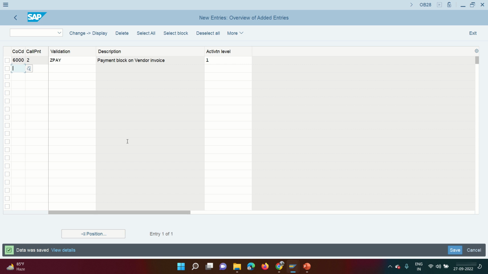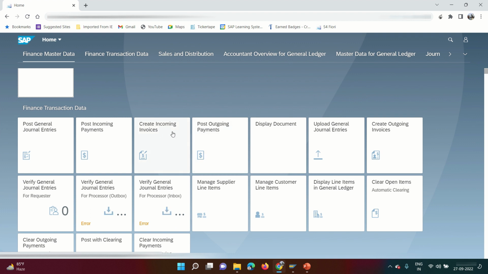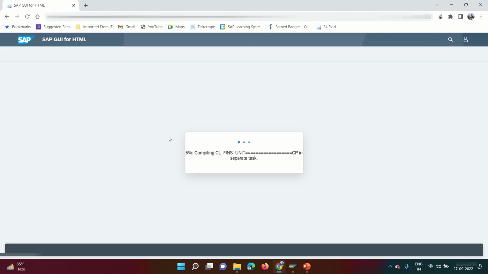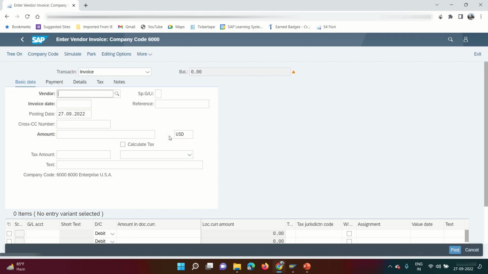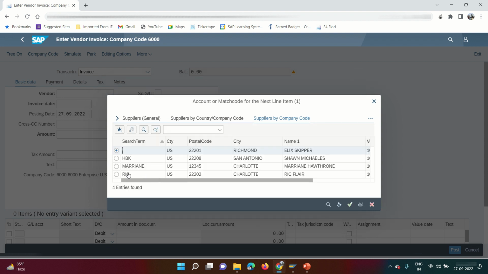I'm going to test whether this validation works or not. So for that, let me quickly go to Fury. Now I'm going to post a vendor invoice FB60, which is create incoming invoices. Click on it. So I'm going to post 2 documents, one with less than 50 and the other one more than 50. So I need my vendor for 6000. Say my vendor is Rick